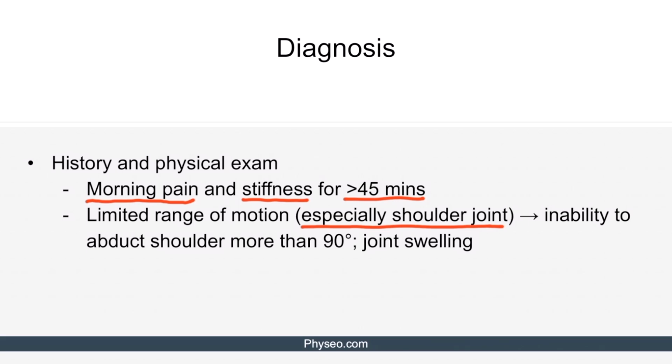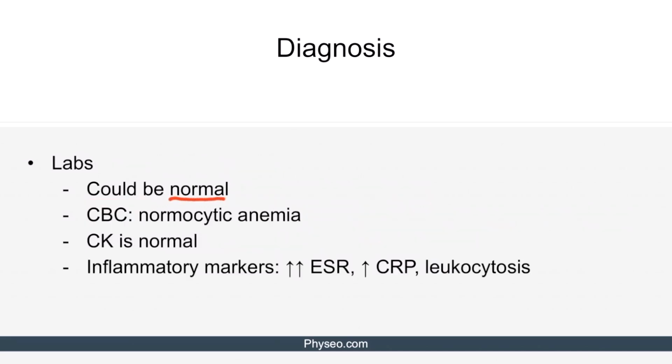Now, patients won't be able to abduct their shoulders more than 90 degrees. And also, you might see joint swelling. Laboratory tests can be all normal. So that's why we say you actually really get the clinical diagnosis with some support from labs. Now, often on a complete blood count or CBC, you might see normocytic anemia. Now, it's important to note that the serum creatine kinase, CK, will be normal. And that's actually really helpful because it can help you distinguish this condition, polymyalgia rheumatica, from other types of myopathies. Inflammatory markers are often elevated, such as the erythrocyte sedimentation rate, or ESR, the C-reactive protein, and you might see